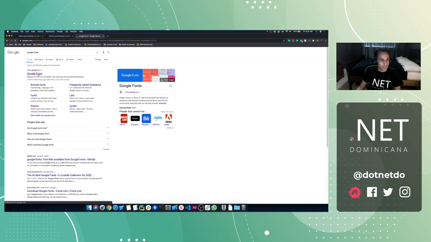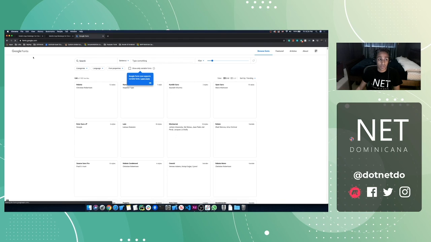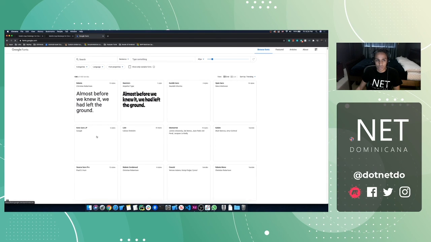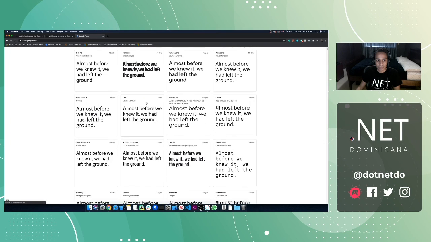So we're gonna go to Google Fonts. Google Fonts is a really good site. It's a collection of fonts stored by Google, and they're completely open source and free. As soon as you see any of these fonts, you can just tap on them. You see all the different types they have here. You can literally just tap on them,